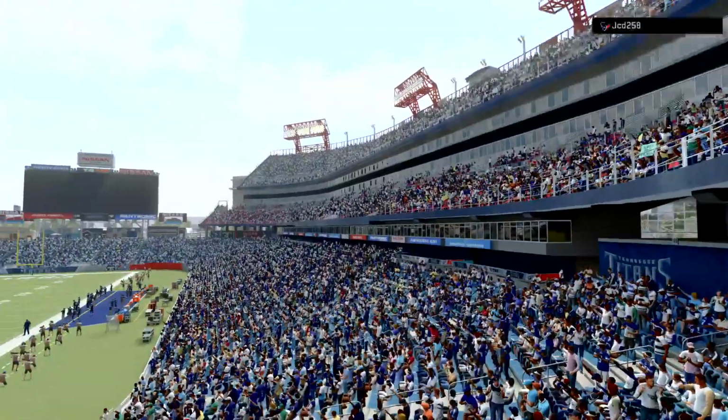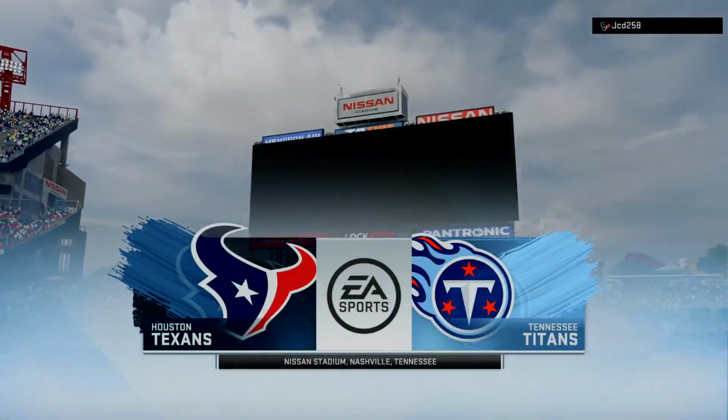Just off the east bank of the Cumberland River and across the water from the Tennessee State Capitol building, there's